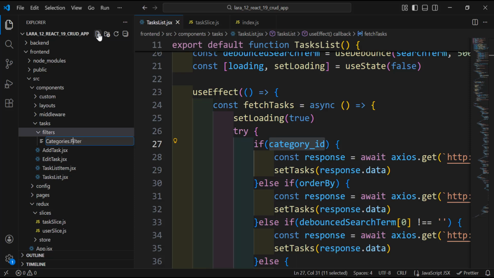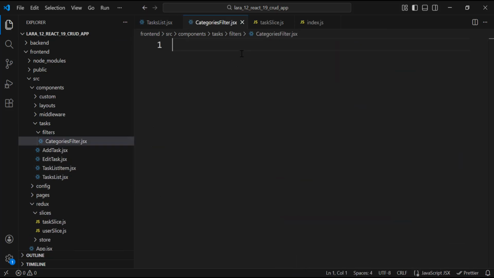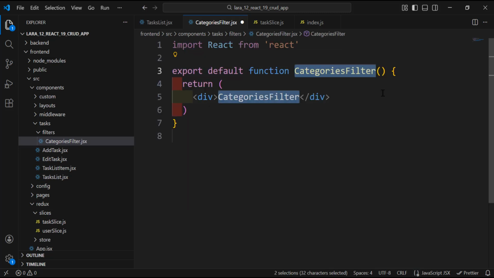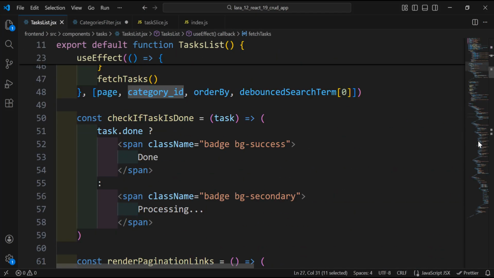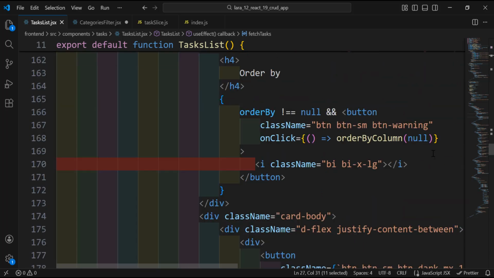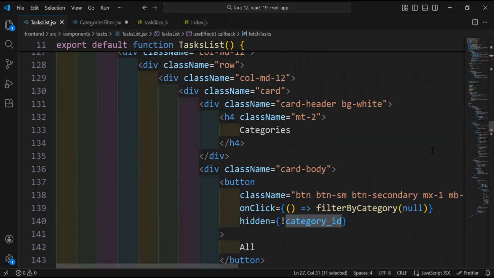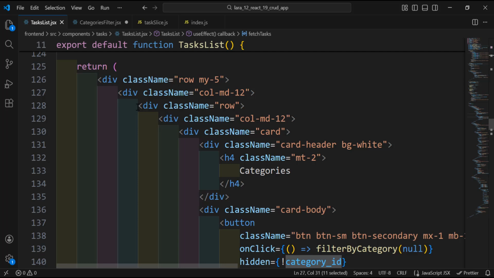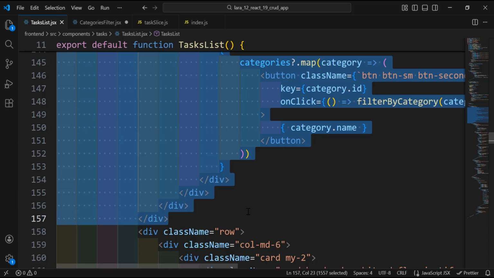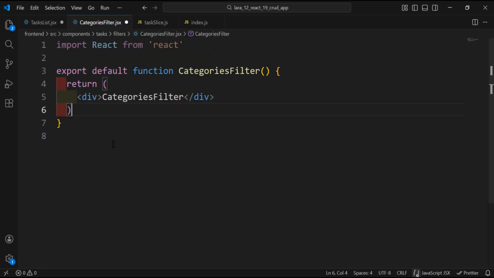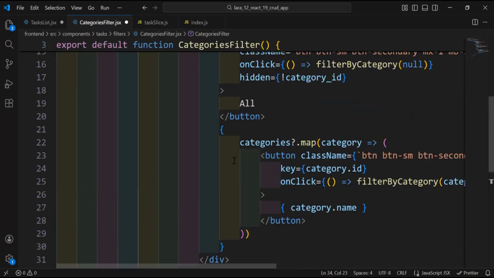So without the dots. So let's remove the dots. And now we need the dots. JSX. Here what we need, so we have the categories filter, so we'll use the same thing like we have here. Let's move down like we have here. Let's cut this part and use it here. Okay,